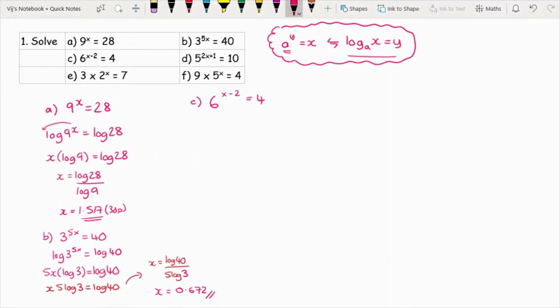So I take the log of both sides, so I've got log 6 to the power of x minus 2, I'm going to put that in brackets, and log 4. Then move the power to the front, so I get x minus 2 times log 6 equals log 4. Now, some people would expand the brackets to this. I'm not going to bother because I just want to get x as the subject, so I'm just going to leave it as it is. So I've got x minus 2 equals log 4